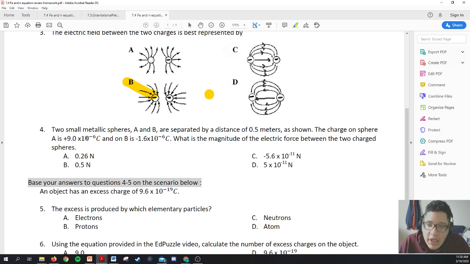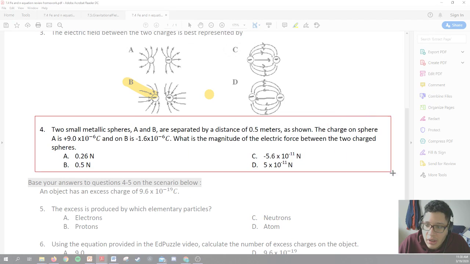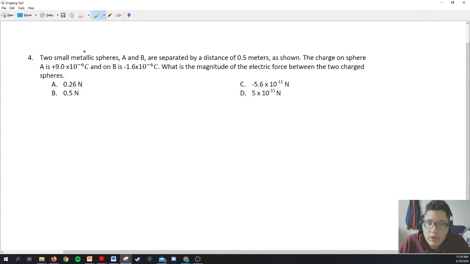Okay, so two metallic spheres, A and B, are separated by a distance of 0.5 meters as shown. The charge on sphere A is plus 9 times 10 to the negative 6 coulombs, and on B is 1.6 times 10 to the negative 6 coulombs. What is the magnitude of the electric force between the two charged spheres? So I'm actually going to change it up here so we can do some of the math. This is going to be using the same formula that we always use when we are given two different objects and we are asked for electric force, and that is F is equal to K